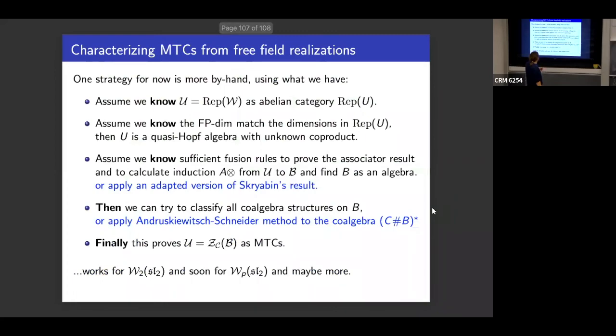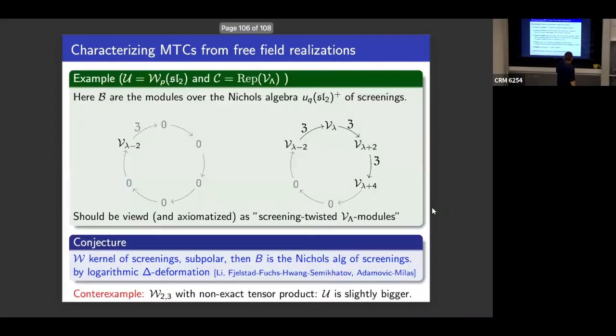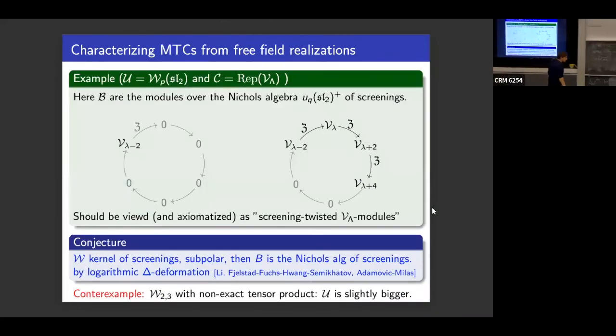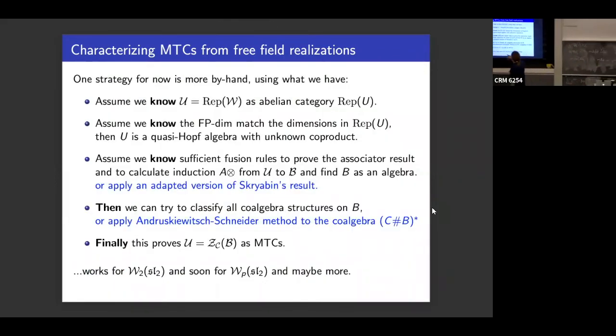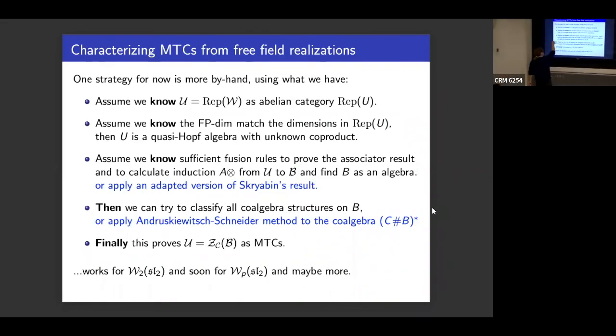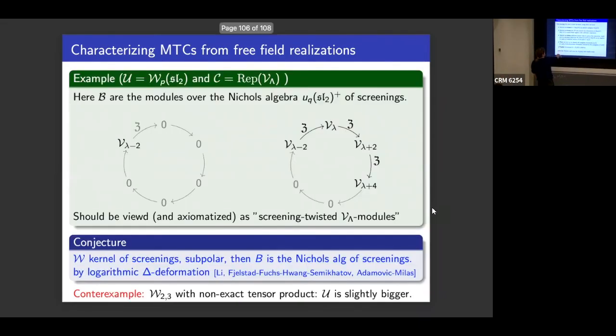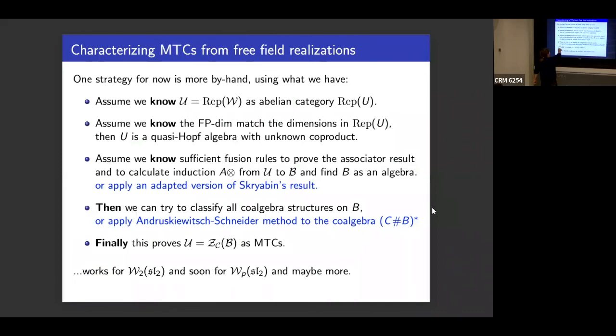So this would be, of course, the cool final part. But let's now go for the last minute. Oh, it's already 30. Just how we usually do it by hand. I mean, how we now do it by hand, not knowing this conjecture, is as follows. So what we did in the paper and what we now do in the new paper is, we assume a lot. We know the category is representations of the quantum group as an abelian category. We know this from people.